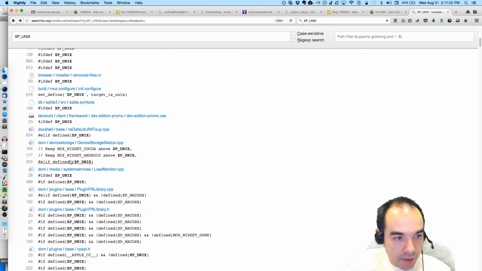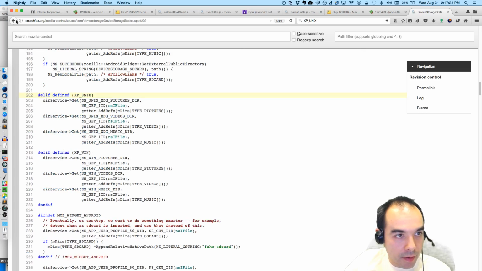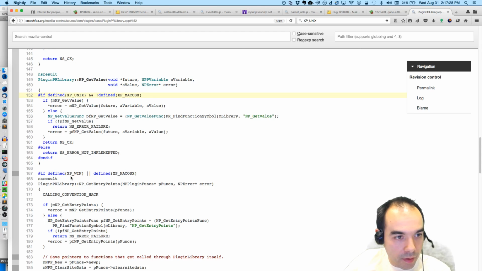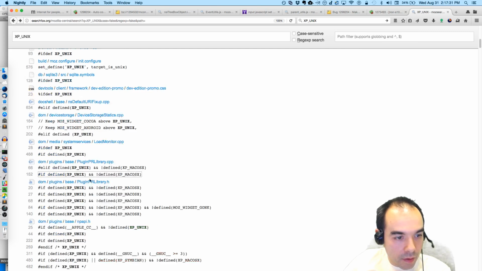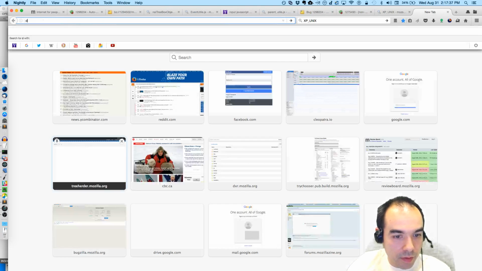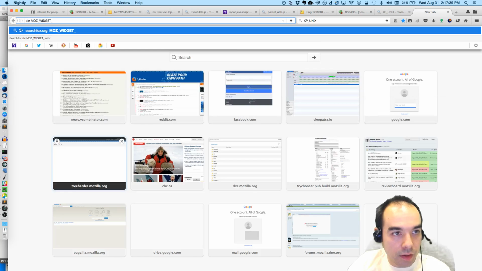And like some of our CPP stuff. MOZ_WIDGET_GTK.